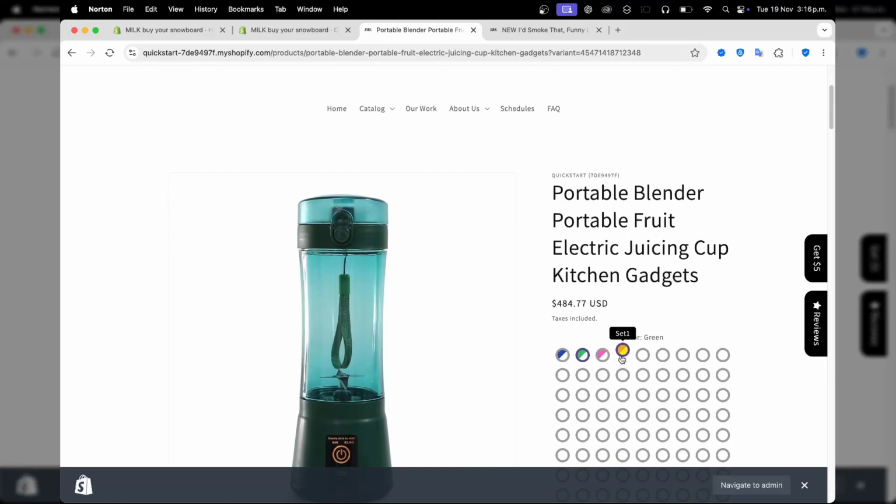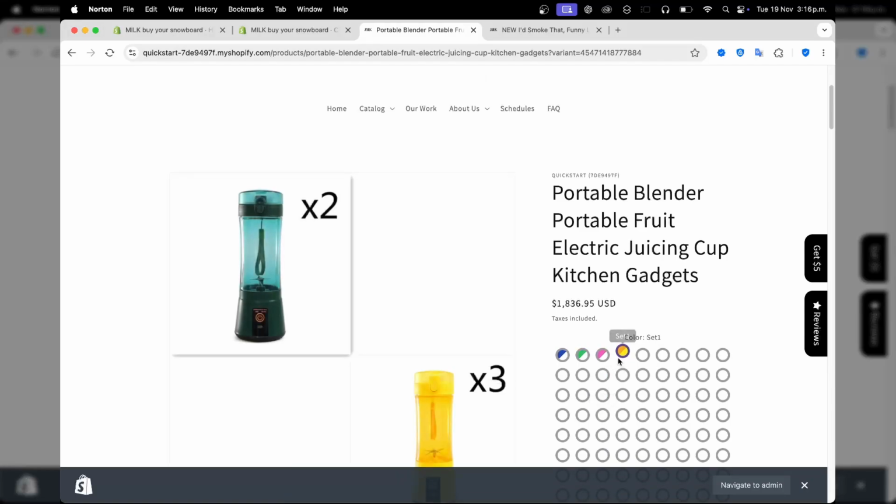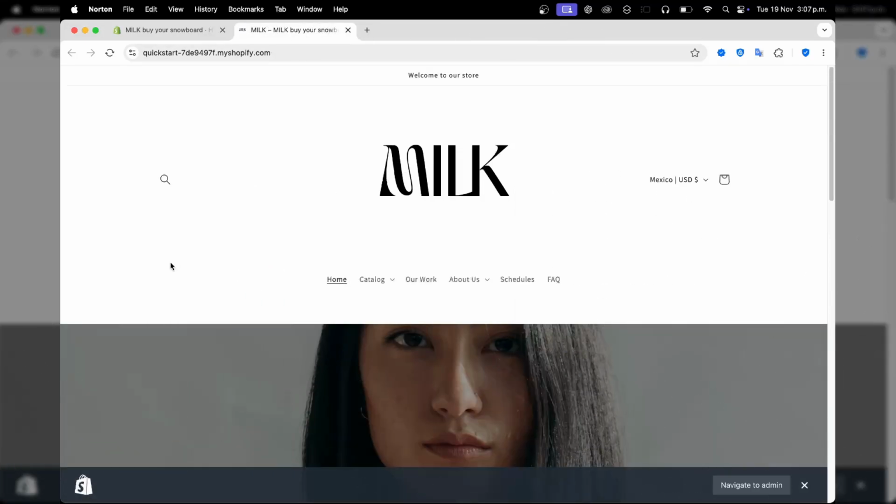To get started, we must need an actual store already set up. So you have the link down below in the description if you wanted to get started with Shopify for free